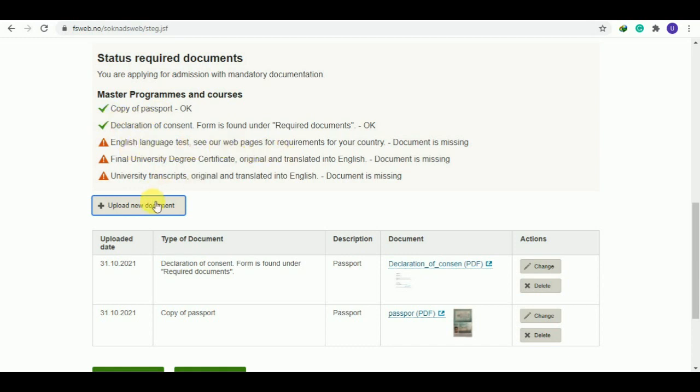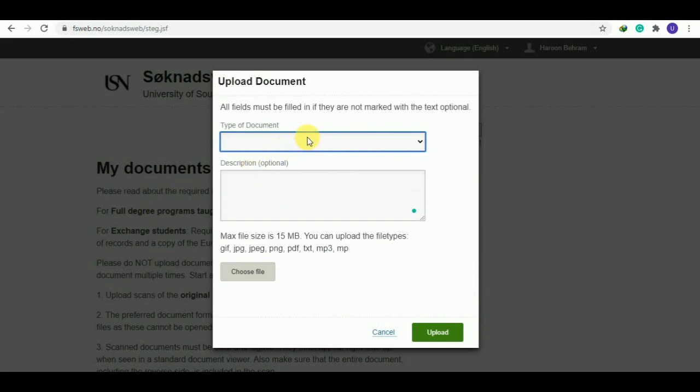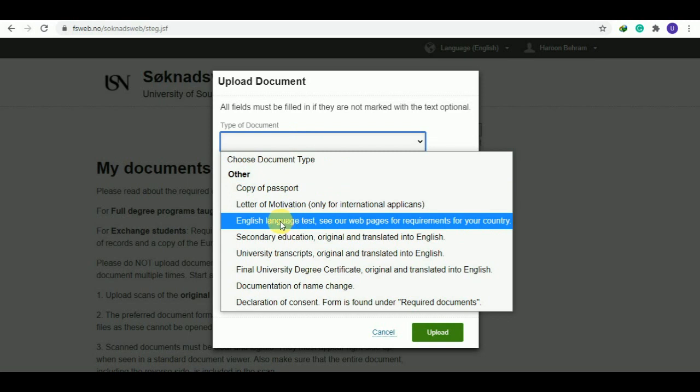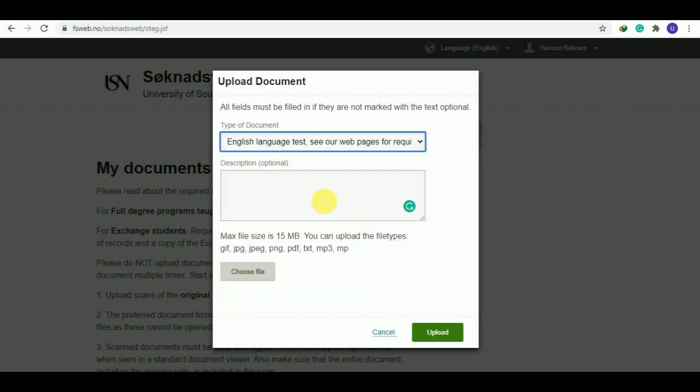Next is the English language test. You have to upload your English language test. It may be either IELTS, PTE, or TOEFL, or any other test. You have to check your requirement according to your country. This document is the English language test, and in my case in the description I will write it is the PTE test.